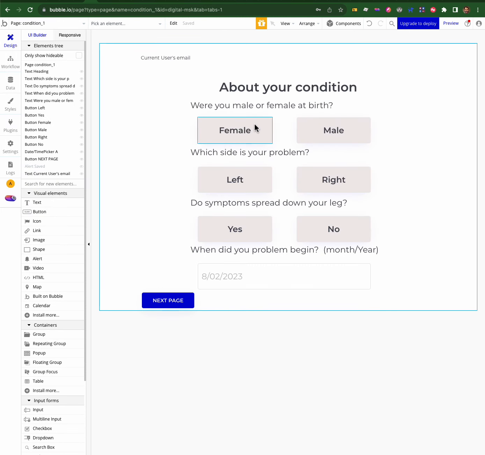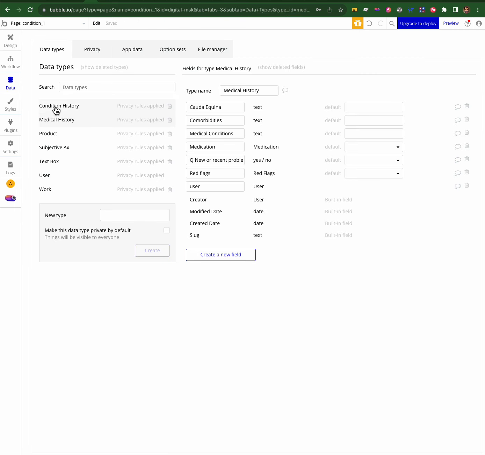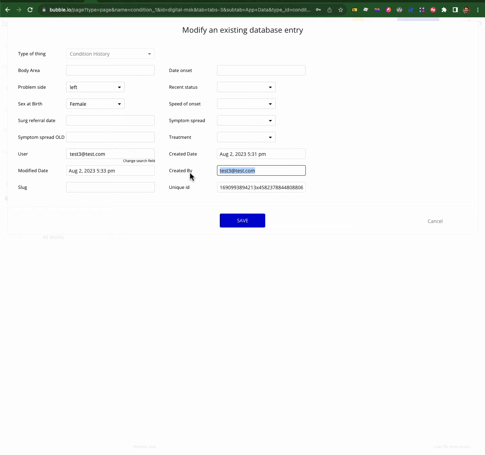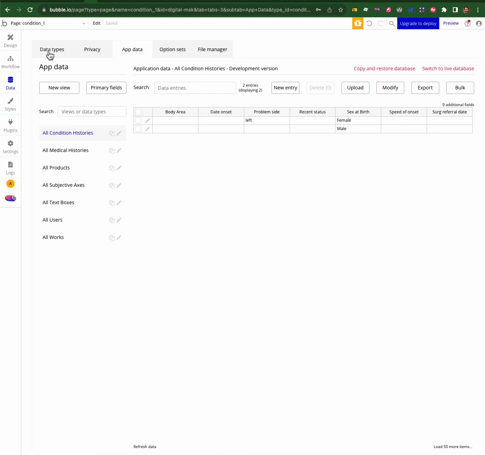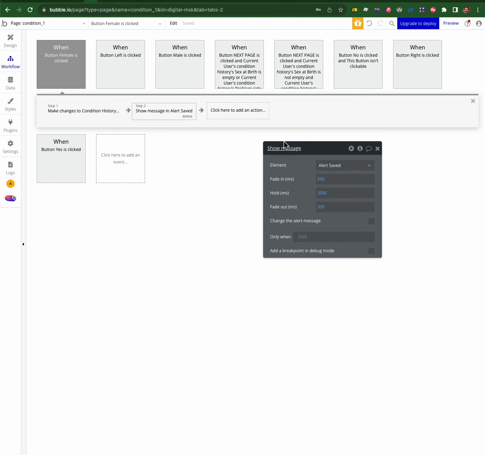So when I click female or left or male, what I've done when I click female is find the current user's condition history, so that is one of these, and if we look in the data it's actually one of these. If I'm logged in as test 3, this is my data, it's my row in a spreadsheet if you like, and we make changes and save, and then we send a message to show message alert,